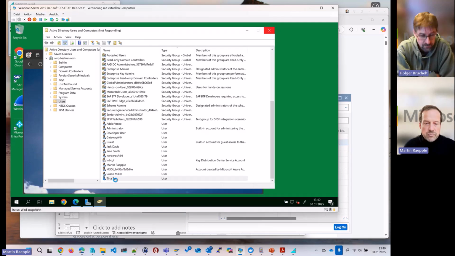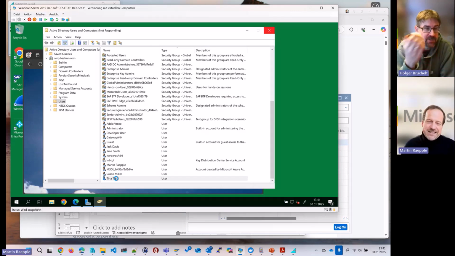Yeah, so remember, we want that this user, she will only get a user if she is assigned to the IT department. So that needs to be also maintained in the properties. Let's give my virtual machine a little time here to bring up the properties, because otherwise it would not be replicated to the SAP system.